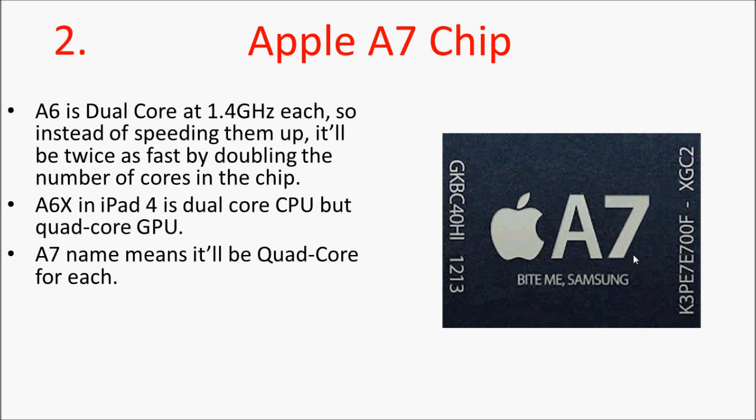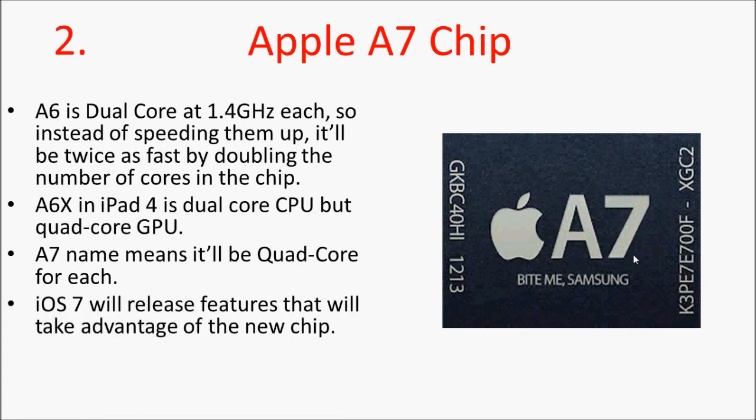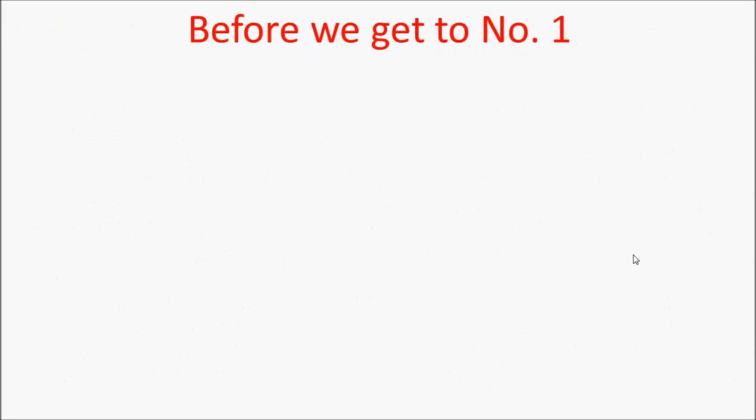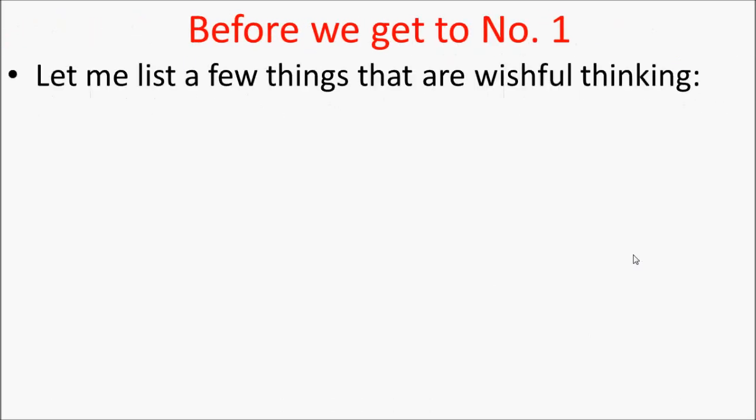So there's no point having a really fast processor for your device unless they have software that can take advantage of it. So if they do eventually end up introducing quad-core, I can see them making a far better iOS to be able to support it, because they will take advantage of it with lots of new features and stuff. And Apple is getting TSMC to build the chip instead of Samsung, which explains why the picture on the right is what it is. Anyway, moving on, before we get to number 1, let me list a few things